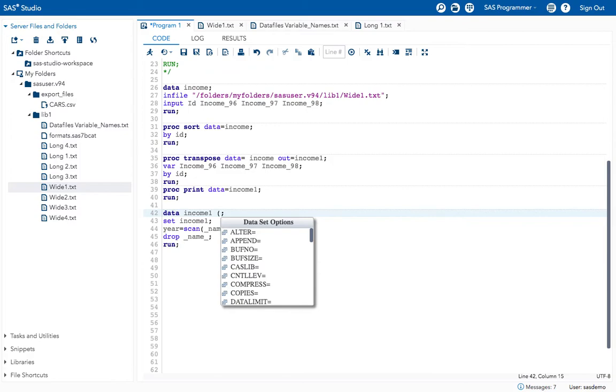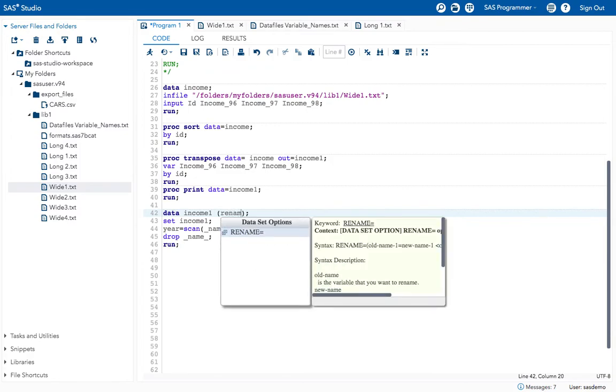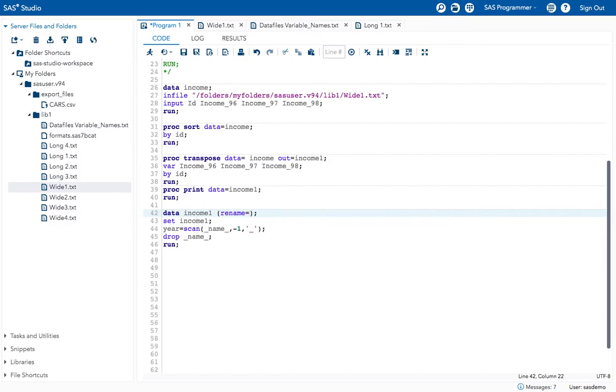For that, in the parenthesis give the rename option: rename equal to, in parentheses, COL1 equal to income. I want that to be renamed to income. Now execute the program.